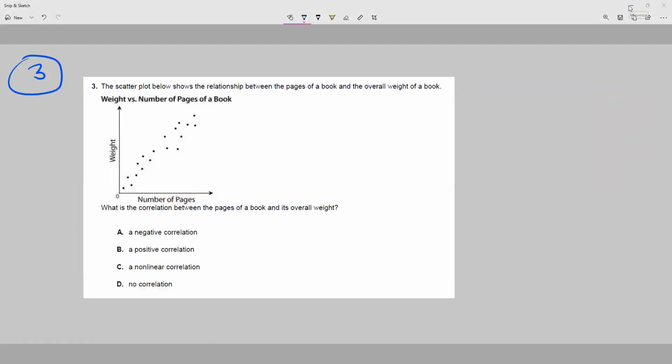All right, problem 3. So now we're starting to talk about scatter plots a little bit. You'll notice this one has number of pages here. So you're comparing what happens as the number of pages increases, what happens to the weight of the book. But you'd expect if there's more pages that the weight's going to go up, right? And you can see that here because this has a positive